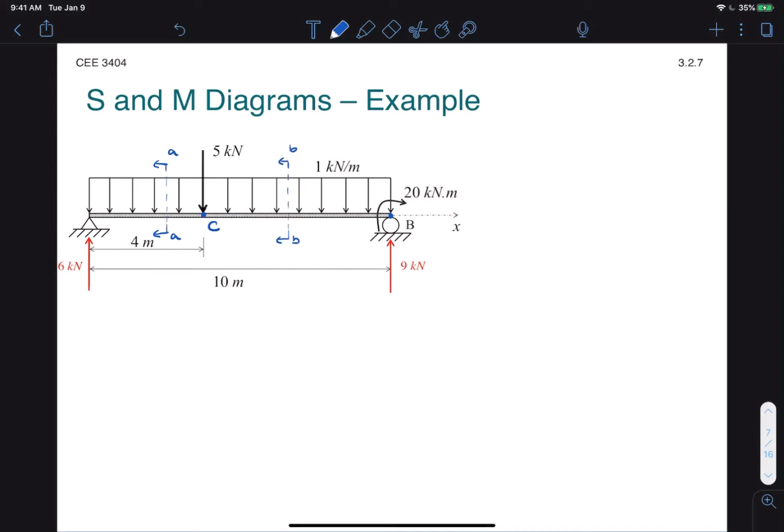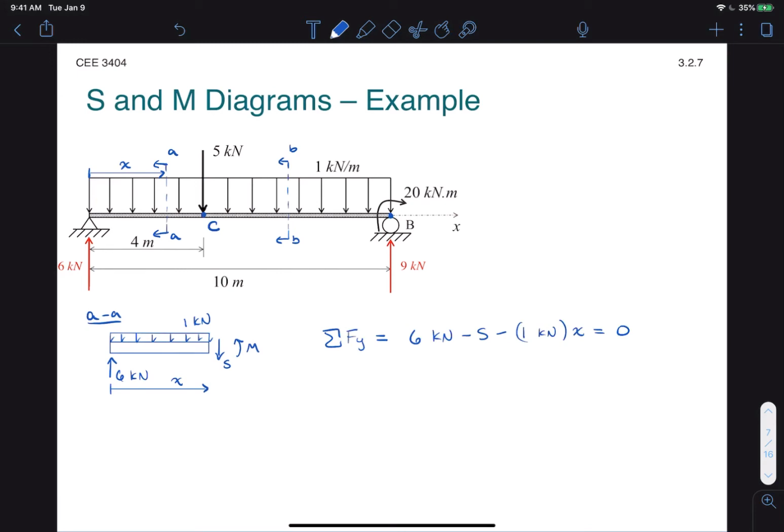Note that I'm always choosing to look left, but you could very easily choose to look right as well to solve this problem. We'll describe the position of these sections by using the variable x. So let's first look at section AA. So in a similar way here, we'll start with sum of forces in the y direction. Note that now, because we have a distributed load, that distributed load gets multiplied by x, the position of our cross section. Therefore, we have,